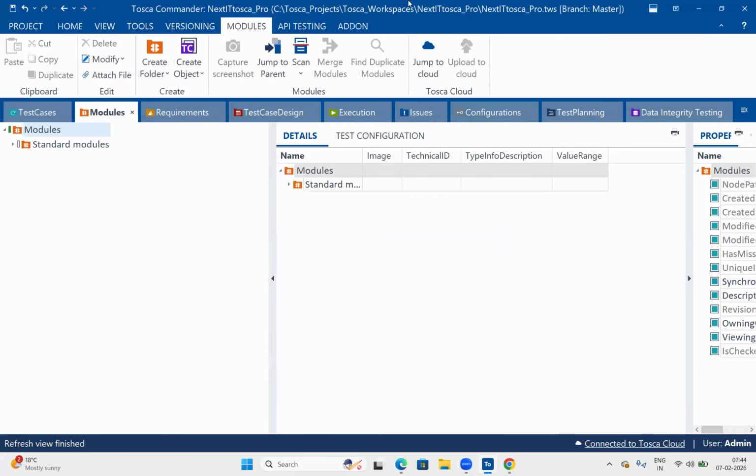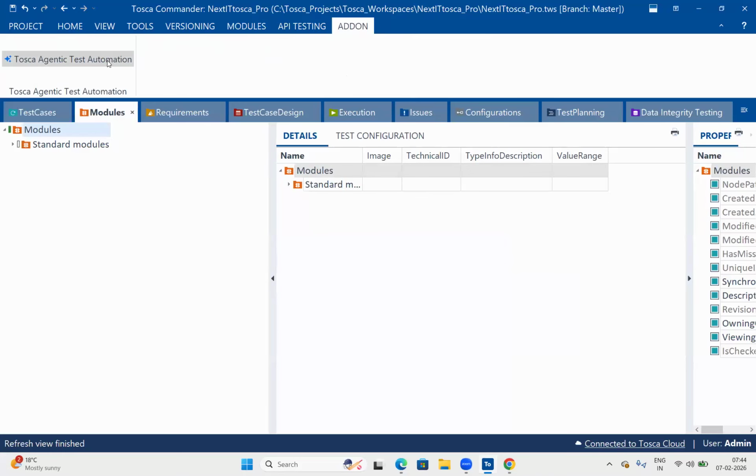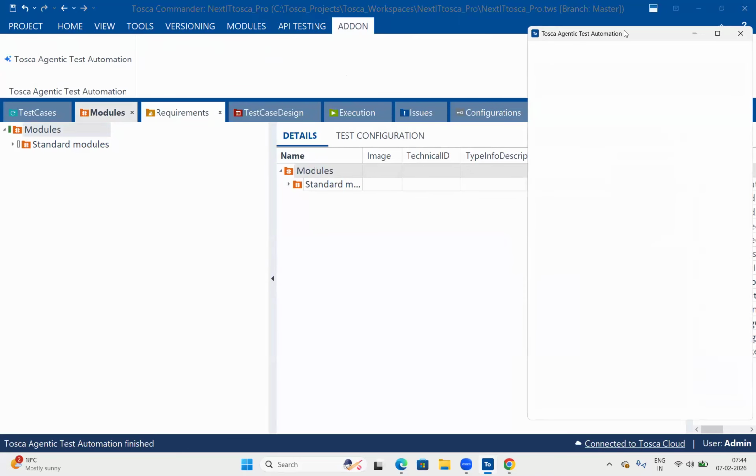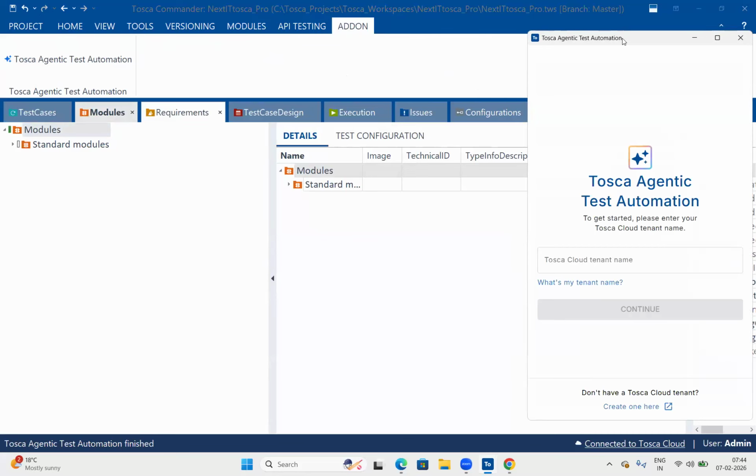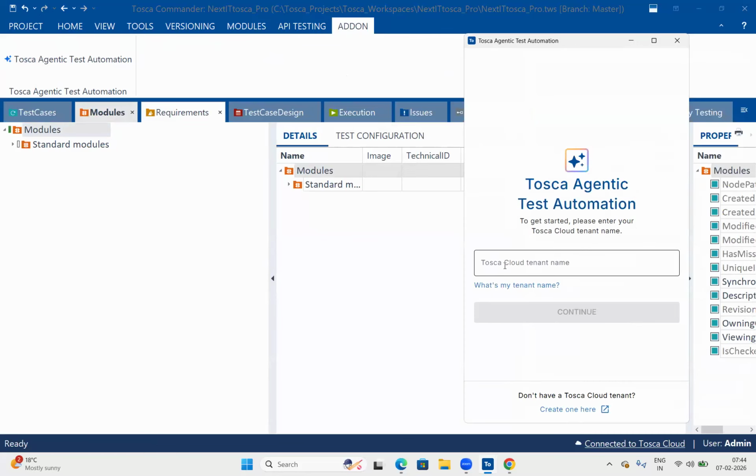Okay. And one more point here, team, in add-on agentic test automation also, to work with this agentic automation, Tosca Cloud is required here again. So just use the tenant name, Anusha1.